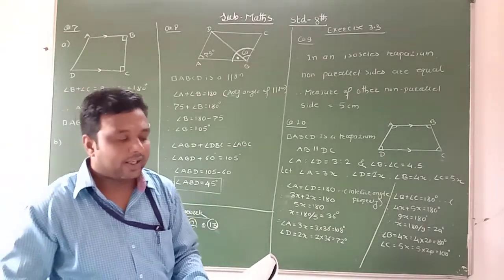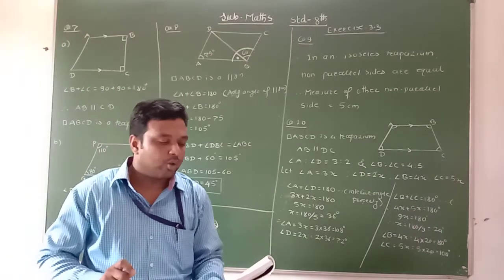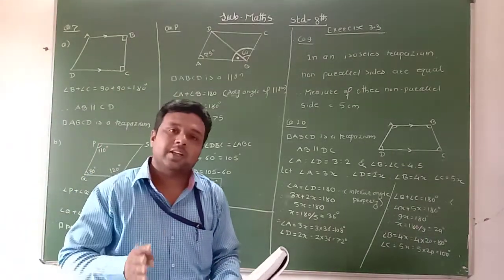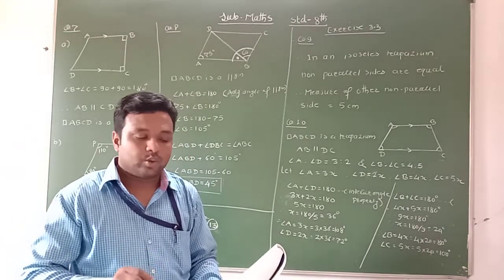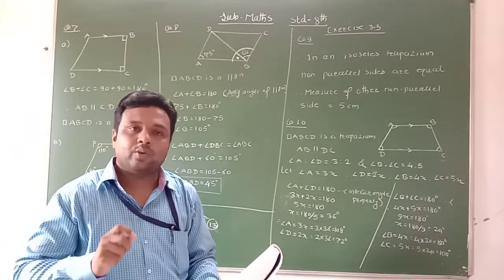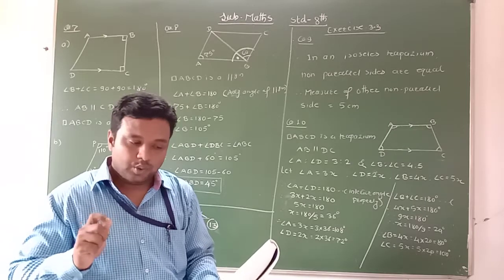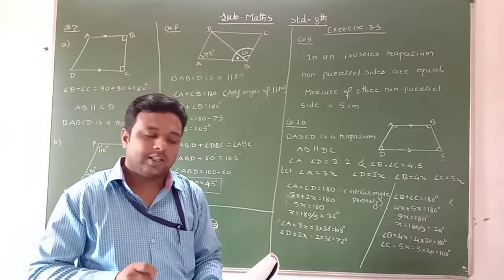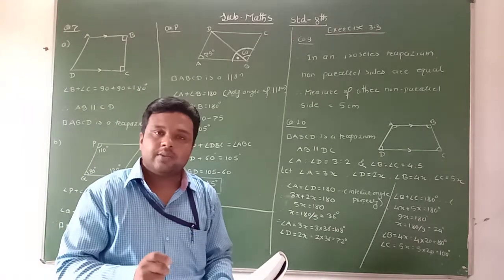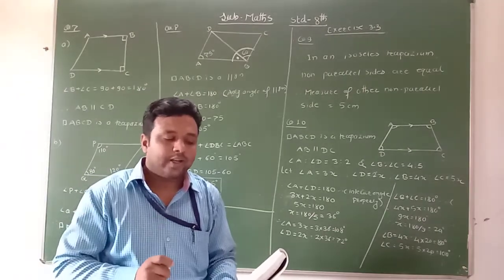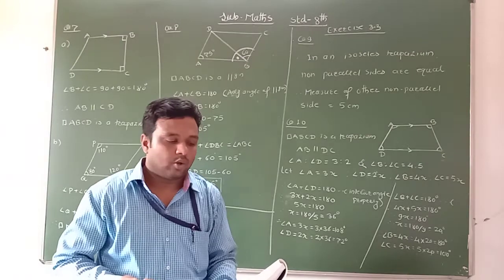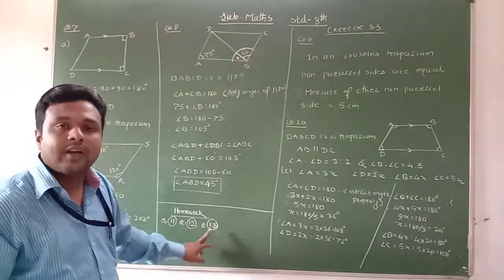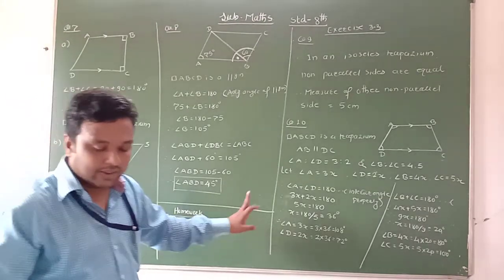Similarly, the 12th question is again a parallelogram, and you have to use the same property. And in the 13th question, in a quadrilateral, the 4 angles are given in the ratio 1:2:3:4. Again here we have to take x, 2x, 3x and 4x. The sum of all the 4 angles is equal to 360 degrees in a quadrilateral. Put the equation, then find out the value of x and then find out the angles. In this way you have to complete question number 11, question number 12 and question number 13. This is homework for you.